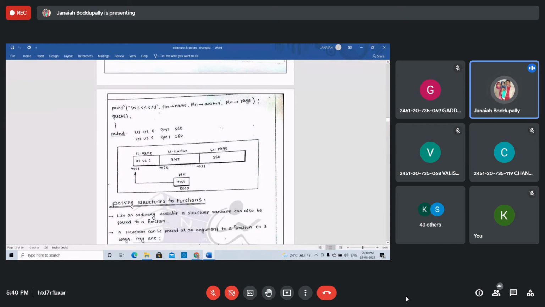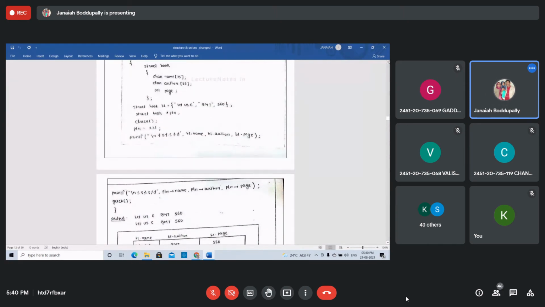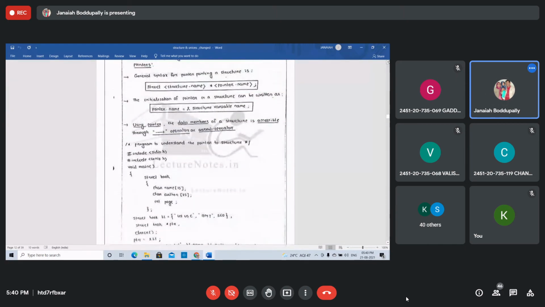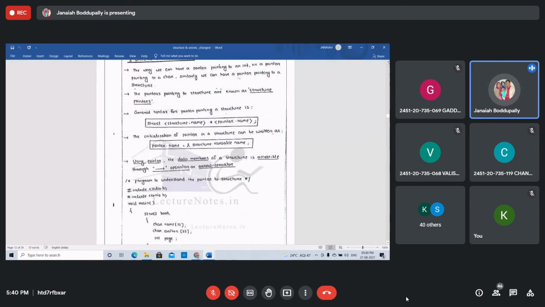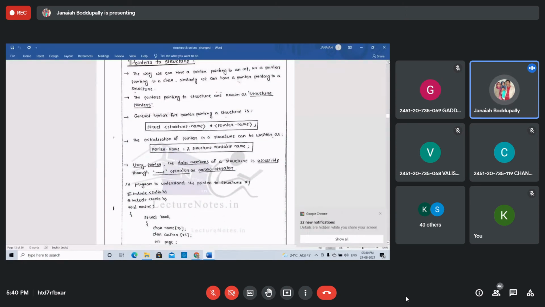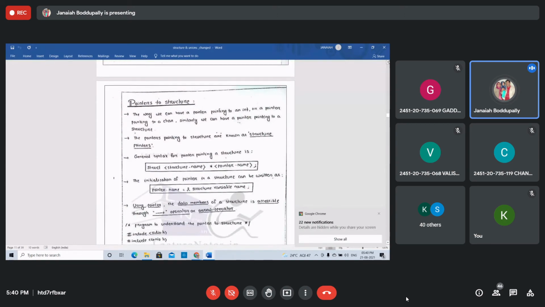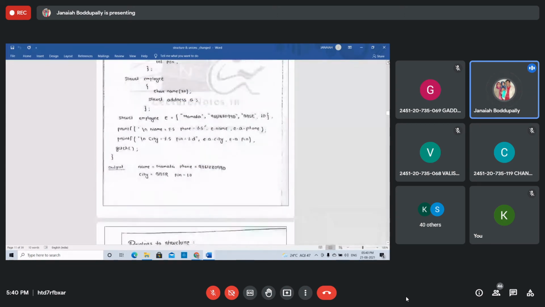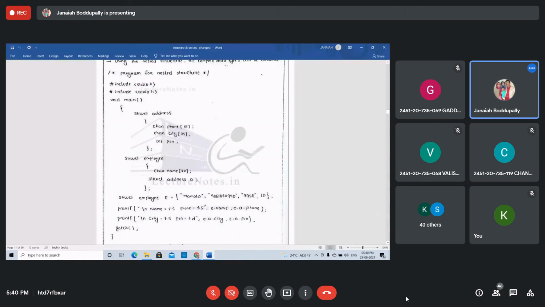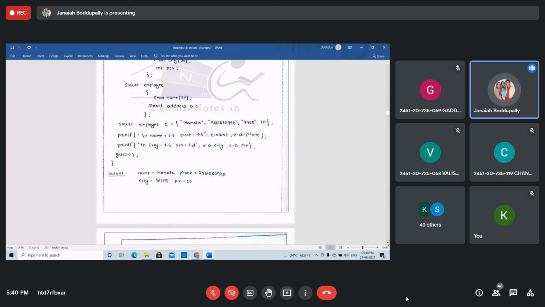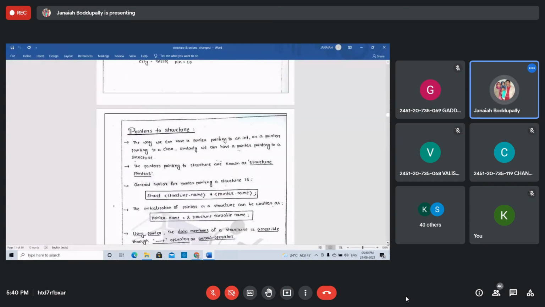Pointers to structures, I leave this. Call by reference also I left, because after completing pointers we will discuss up to this one. This is the program we executed. Next, pointers to structures. After completing the pointers, whatever CR, please do remind me: pointers to structures and call by reference.